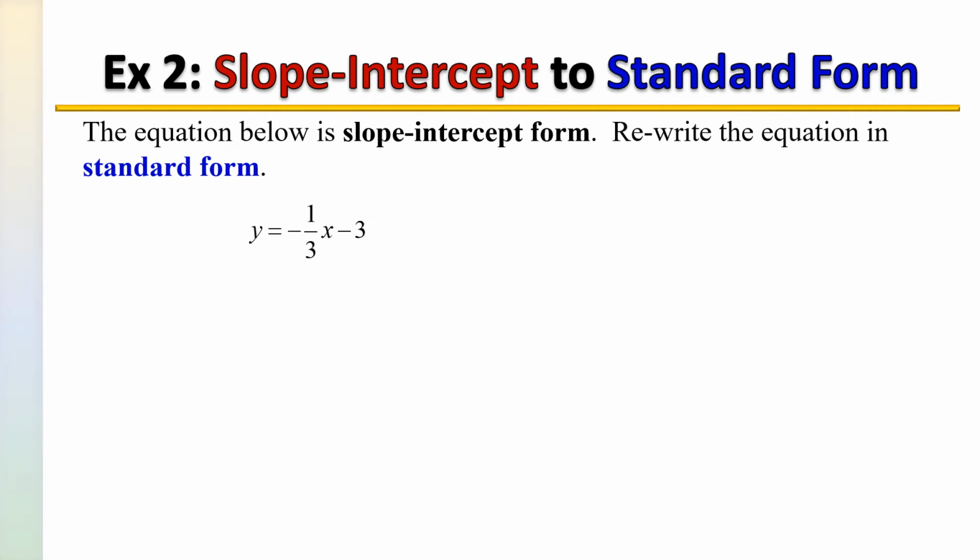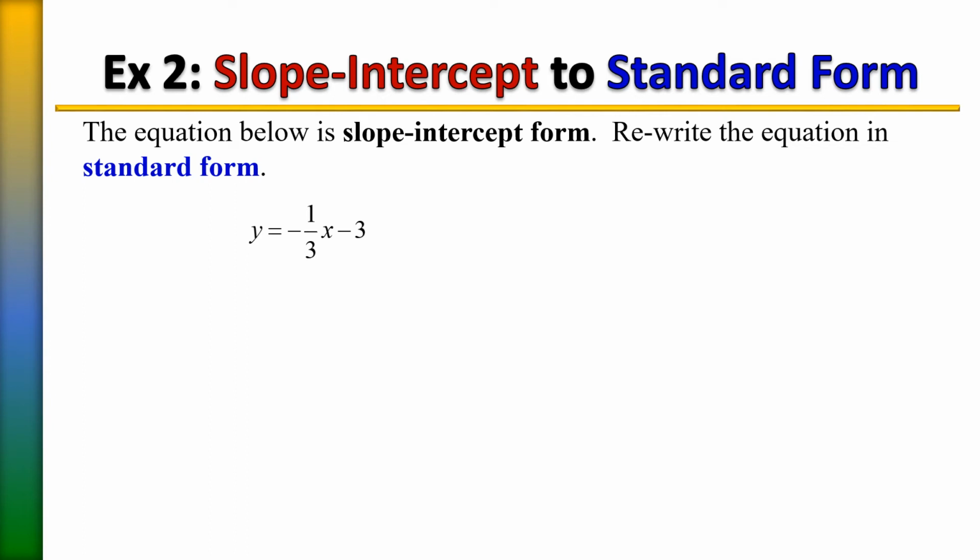In this next example, we're asked to write this equation in standard form. Right now it is in slope-intercept form. Recall, slope-intercept form is where it's solved for y, and on the right side, you have your slope and y-intercept. Now the first thing to getting this in standard form, which is x first, then y, and then the number by itself on the right side,